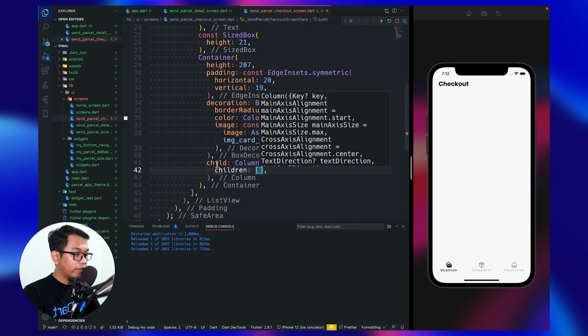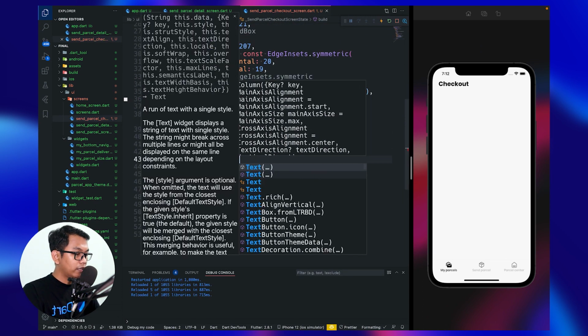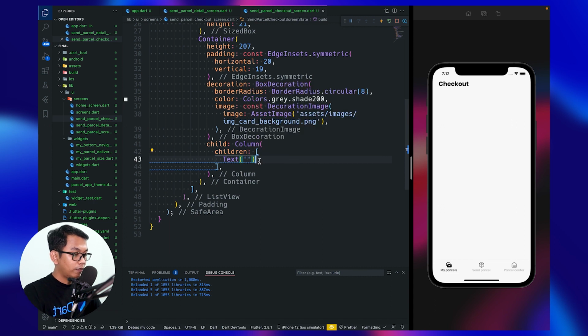For the children, the first child is a Text. And for now, we want to use dot value.